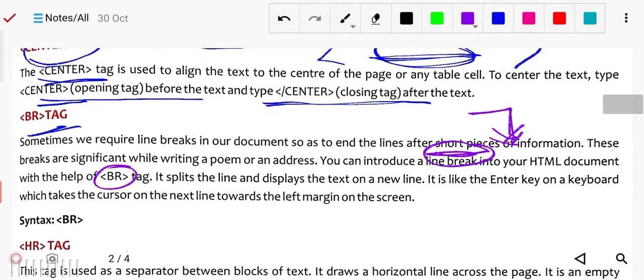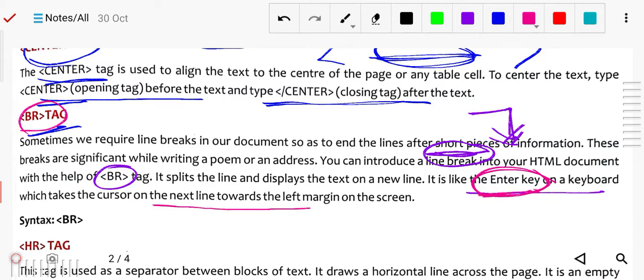It takes the cursor to the left margin of the screen, so it is the same work as the BR tag.